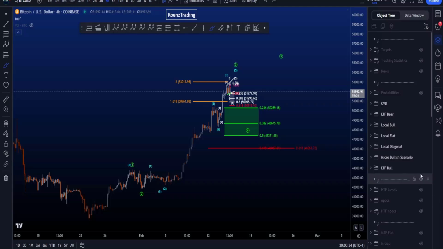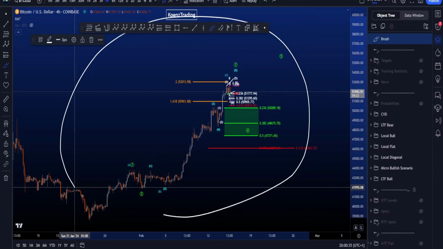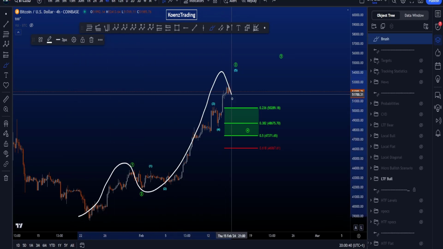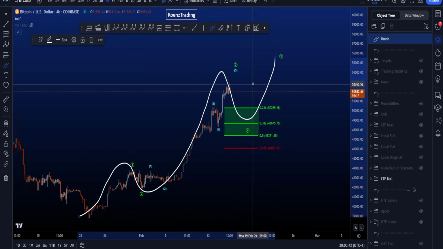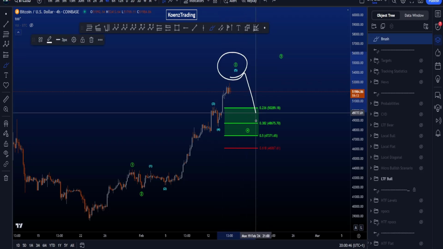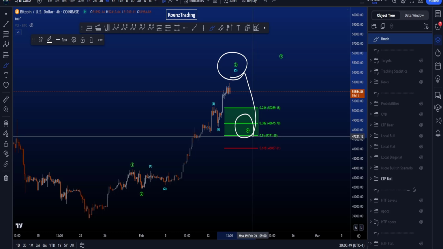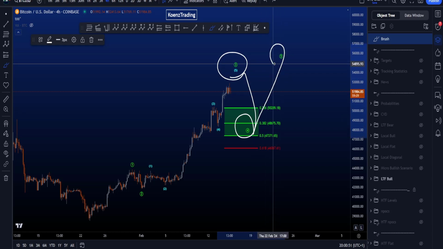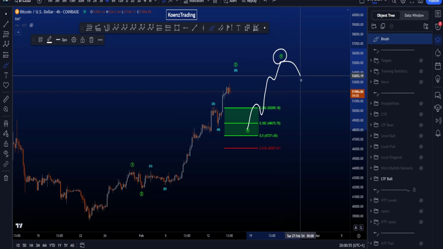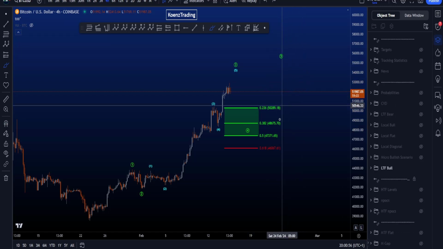Hi everyone, let's go over my bullish and bearish Elliott Wave scenarios on Bitcoin, starting on the 4-hour chart with the bullish scenario where we are looking for a 5-wave impulsive structure to the upside where we're waiting for this wave 3 to end, for then a sideways corrective structure in wave 4 and then one more impulse to the upside in wave 5 in 5 waves, and after wave 5 we then expect a bigger corrective structure to the